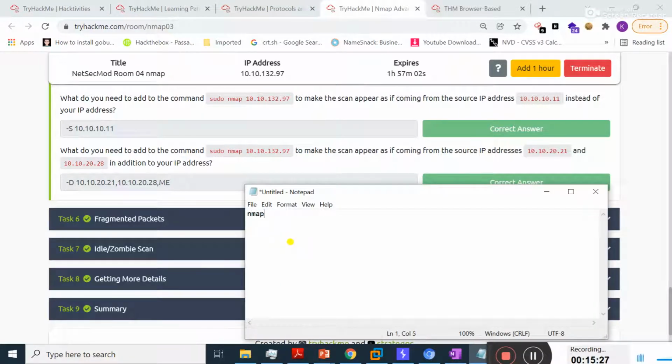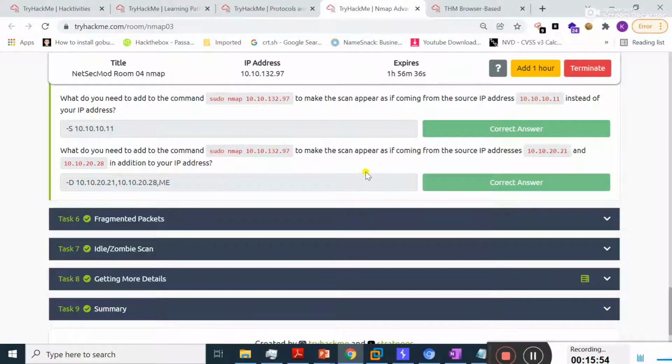You type nmap and then the -D switch, and then the first spoofed IP, that is 10.10.20.21, and then the second IP address, that is 10.10.20.28, and then here you use the ME switch and then your victim IP address. This is the method of how you can use multiple spoofed IP addresses. So the answer to this question is this one.